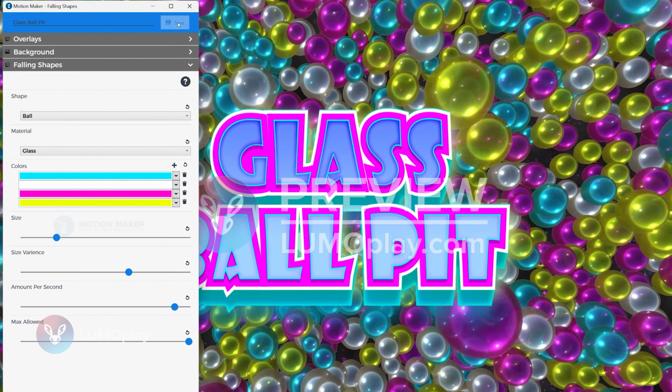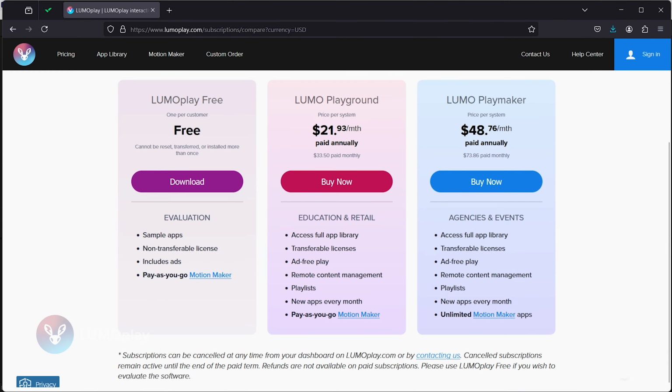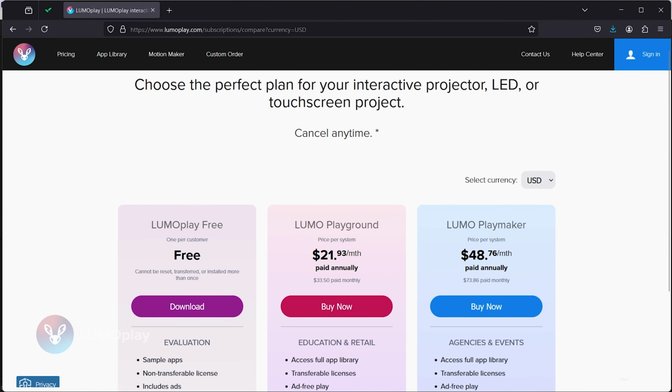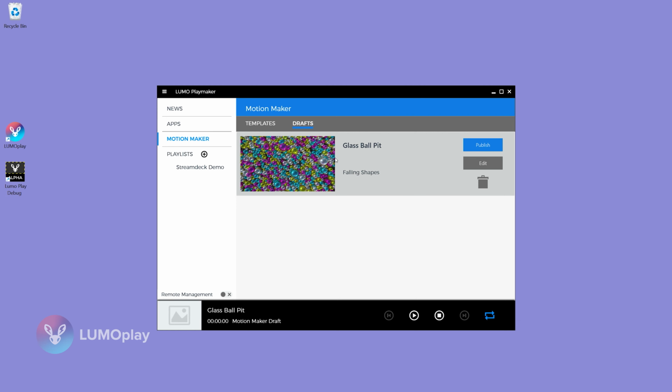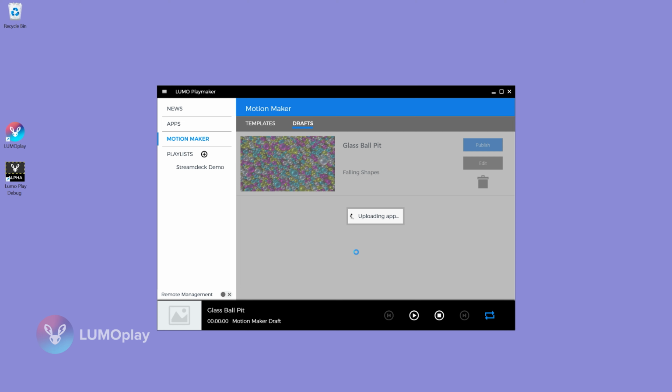Once you've created your effect, it will show up in your drafts. You can continue editing it, and when you're done, you can publish it. I'm using LUMOplay Maker, which allows me to publish as many Motion Maker apps as I want to without having to pay an additional fee. If you're using Lumo Playground or LUMOplay Free, you will have a little fee that you have to pay every time you publish this,